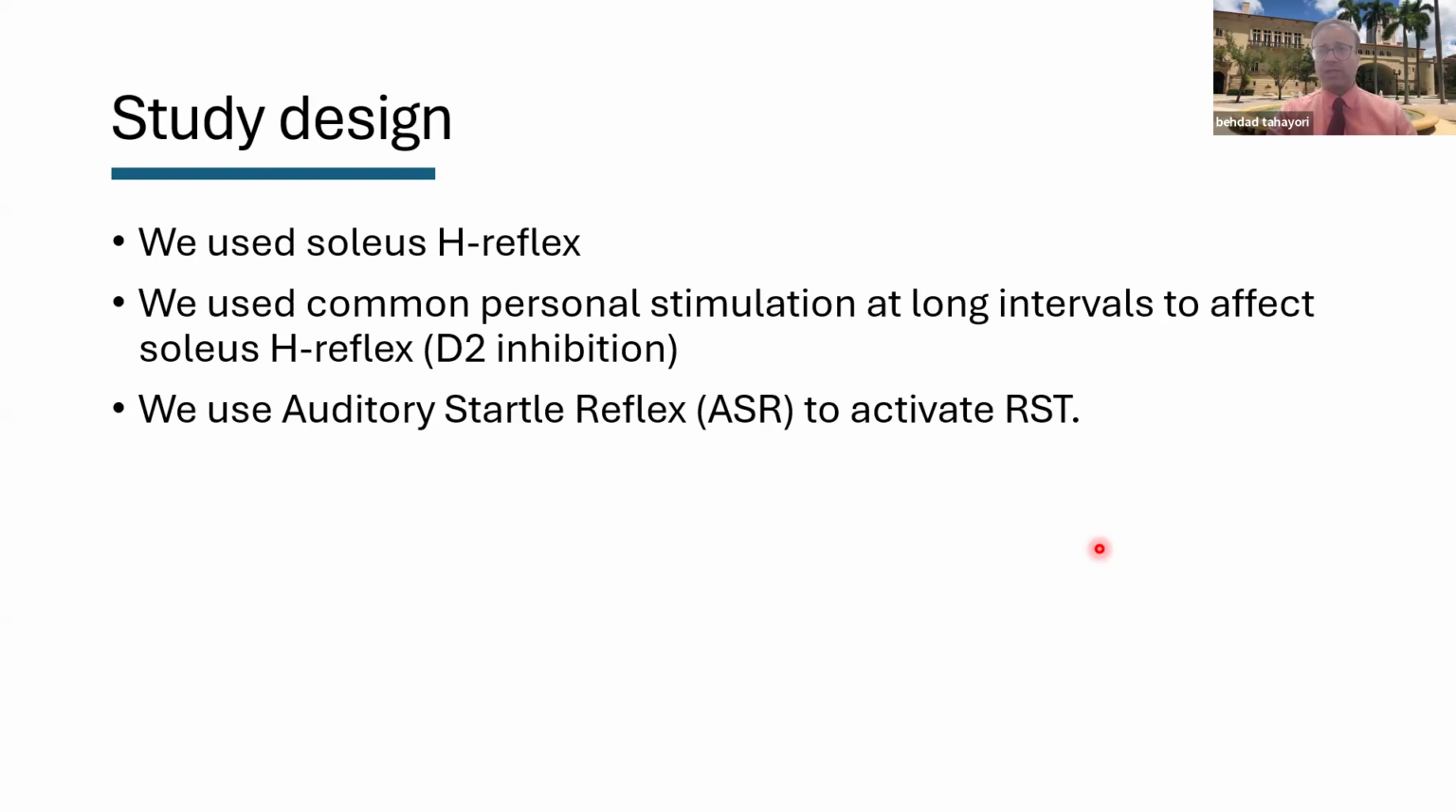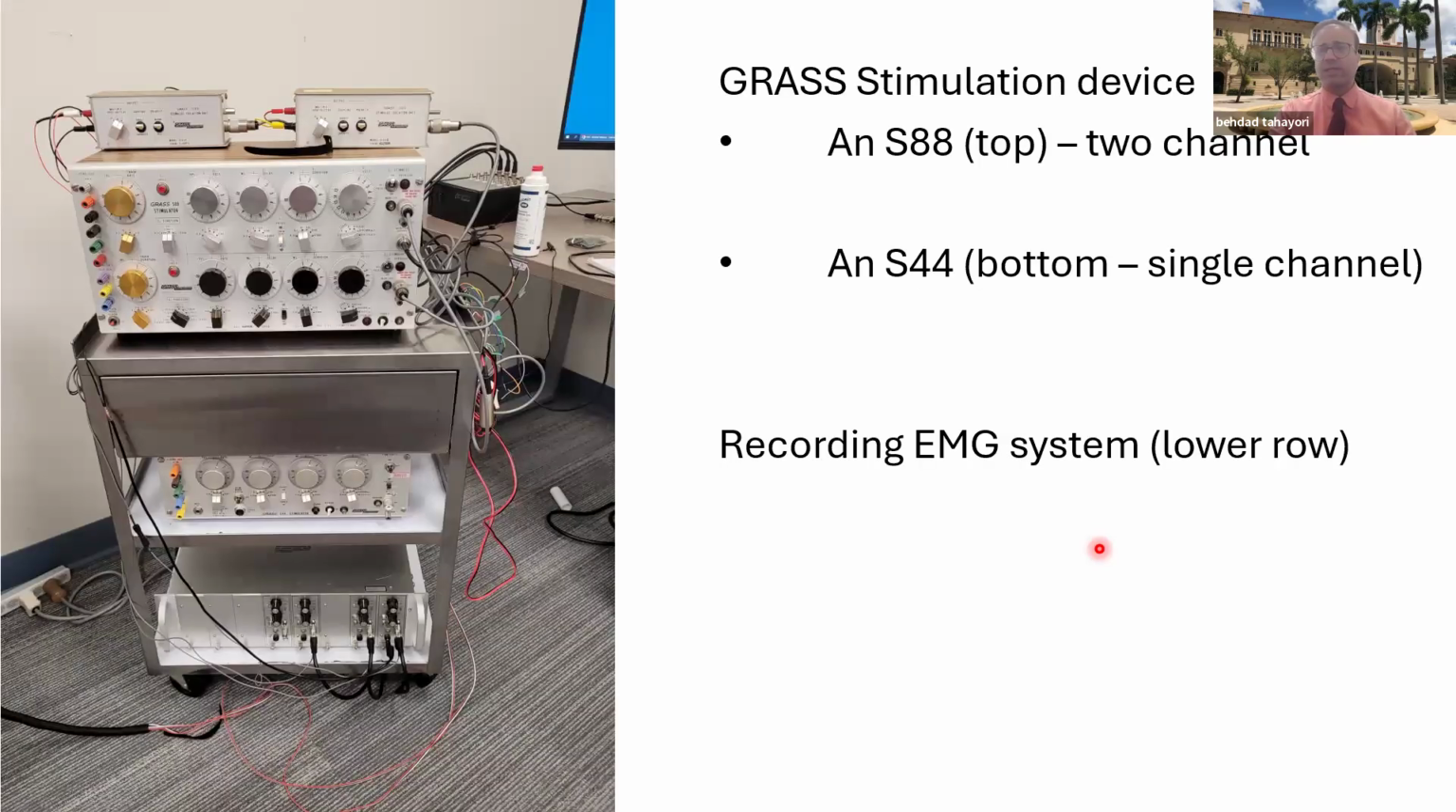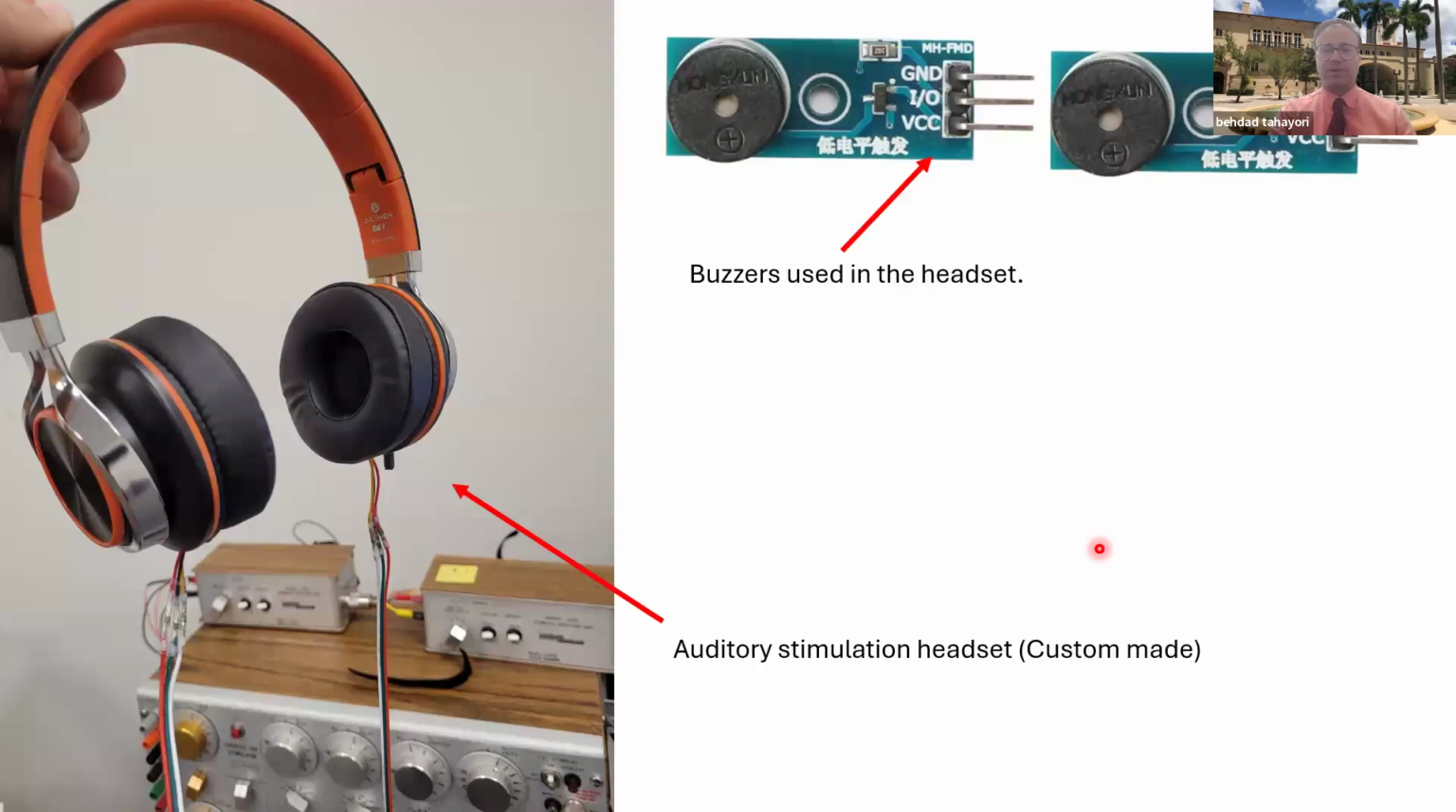We also designed an auditory stimulation, and we applied that auditory stimulation either prior to the H-reflex or prior to this D2 inhibition. This is a quick show of our setup. This is our glass stimulator, and the EMG unit at the bottom. This is the custom-made auditory stimulation, because you need to go high on intensity, and the ordinary ones would not allow going above 90 decibel